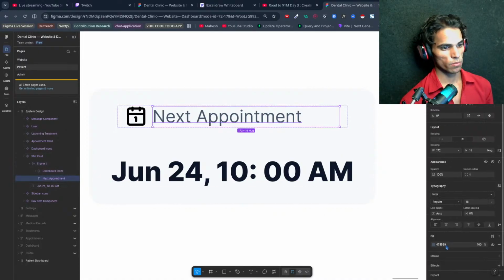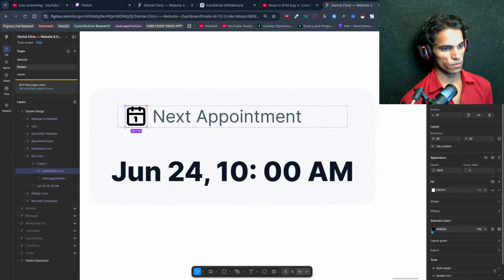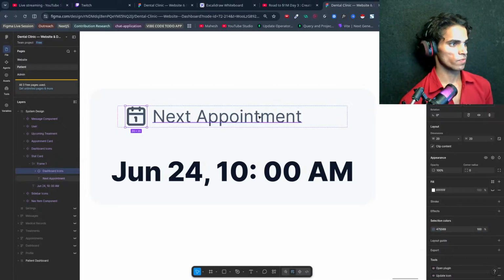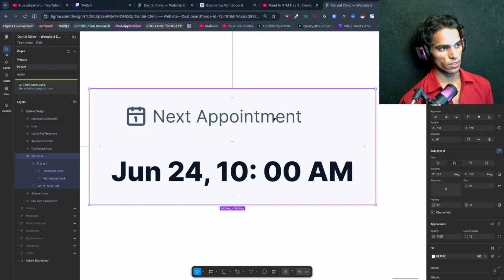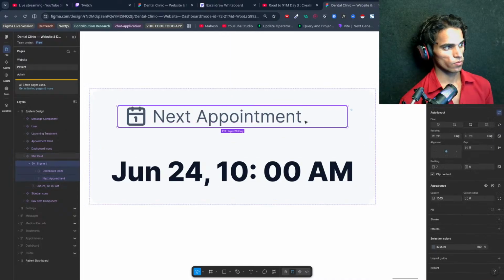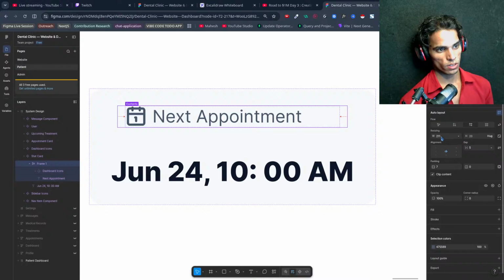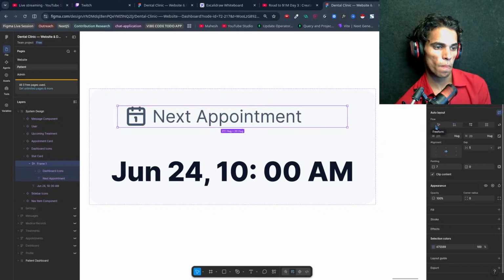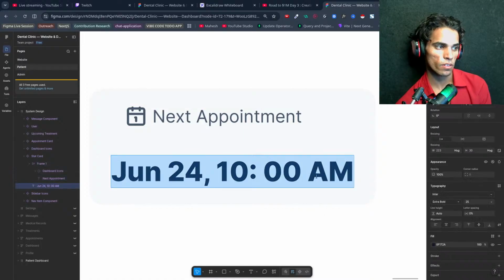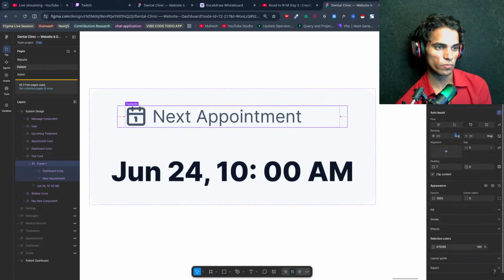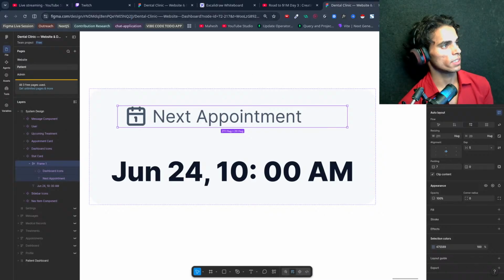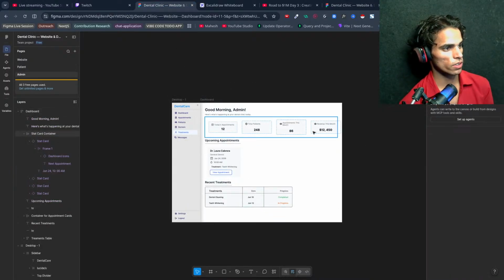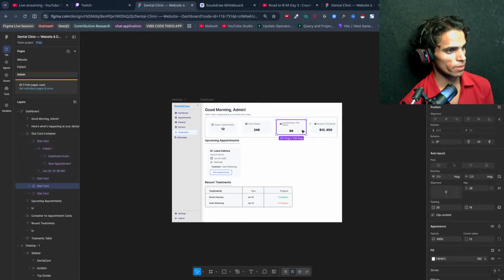We can also use the same color for this, and this is its width, auto layout. Let's see how it is working now. This is behaving, but still I would like to manage this a little.